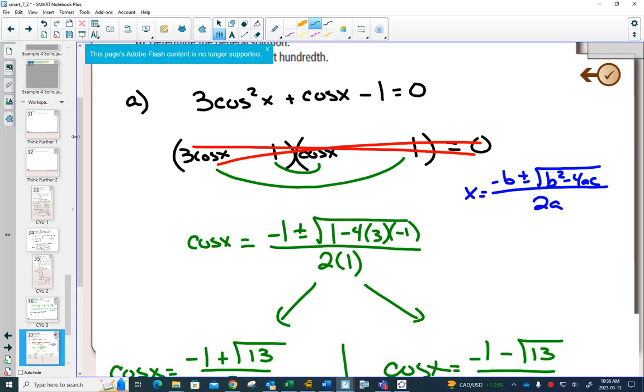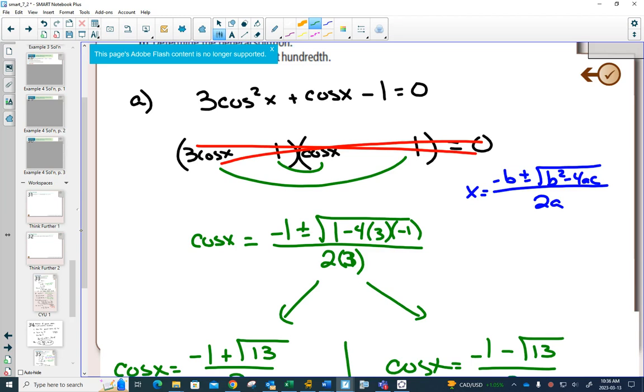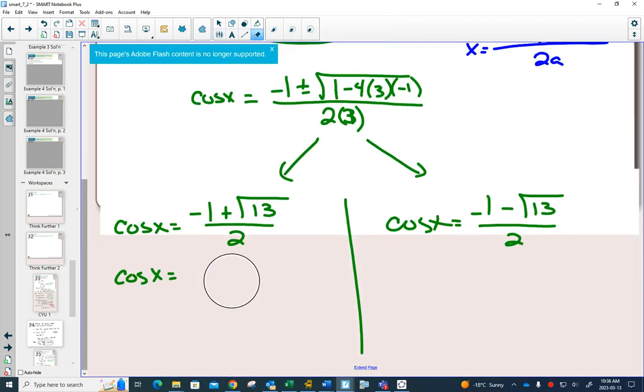No, below that. Right here? Yeah, 2 times 3. Yes, thank you for noticing that. My a value is 3, so this should be over 6. That'll change this to a 6 on the bottom and a 6 on the bottom. So let's type that in again. Yeah, this will be 0.434. And with the minus sign, or subtract sign, it'll be